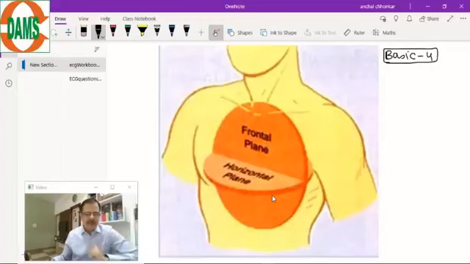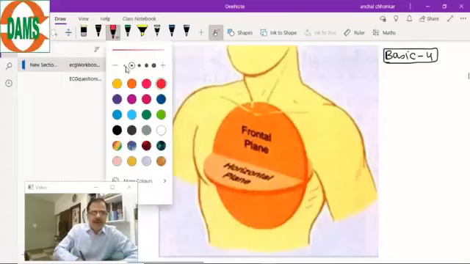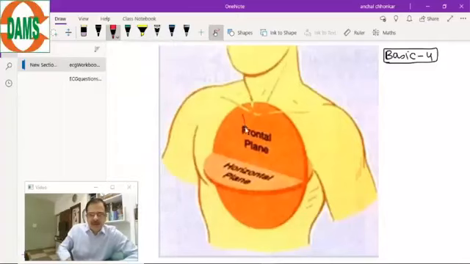We come to the basic number 4, and basic number 4 is the placement of the ECG leads. And before writing, you should visualize the heart in a three-dimensional 3D. So the current of the heart will travel in various planes. So you can see the diagram, look at the diagram, visualize the diagram. That current can flow from superior to inferior direction. So this is known as a frontal plane. So there will be a movement of ions which will be traveling in this direction. This is a frontal plane.